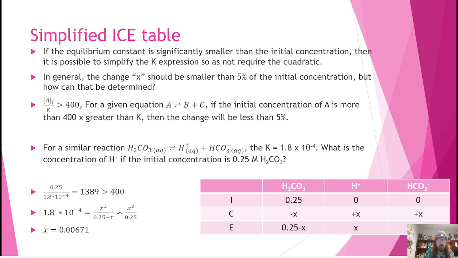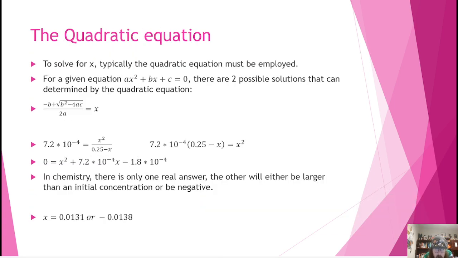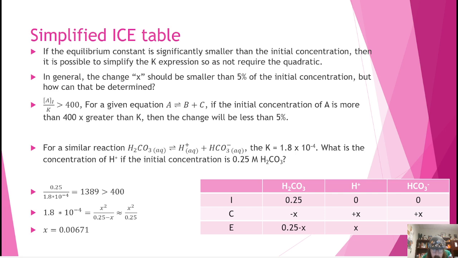So we're going to do this solving by parts. When we set this up, your K equals x squared over the starting material minus x. We're going to make the assumption that if that x is significantly small, that term drops to 0.25 minus 0, or essentially becomes a rounding error, and we can solve for x that way. If we go about doing that, we can see that the value I got for x